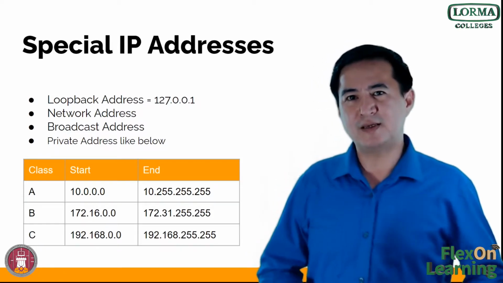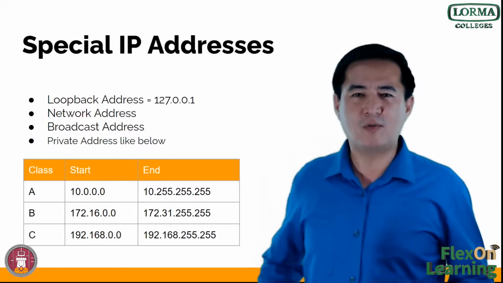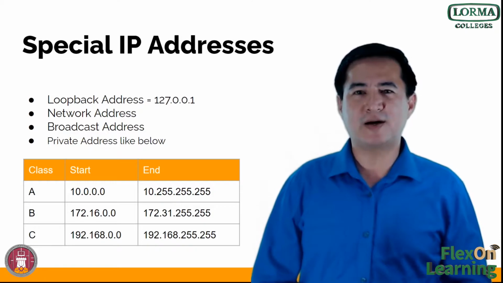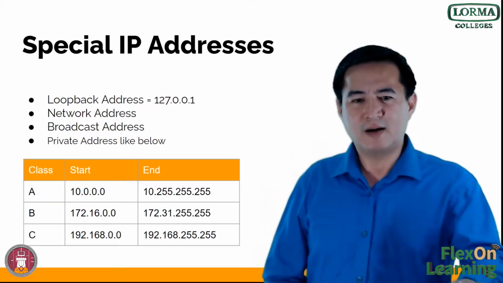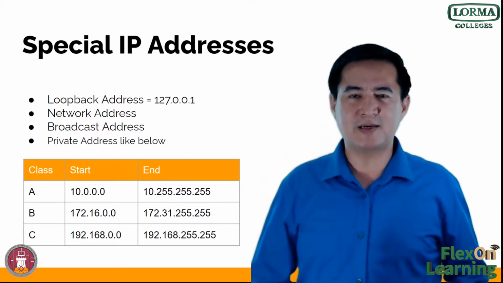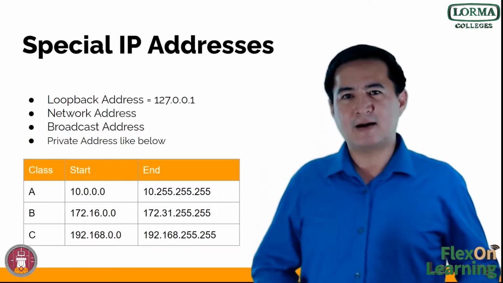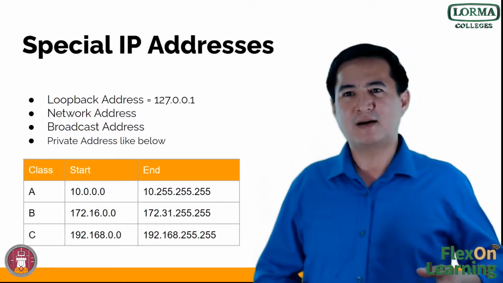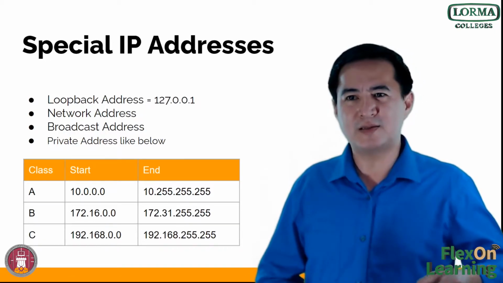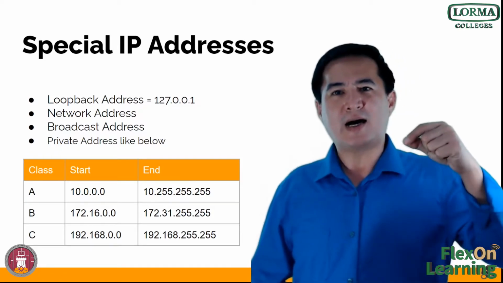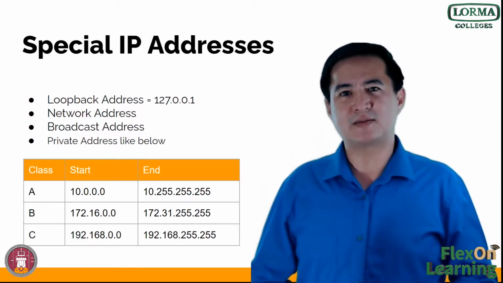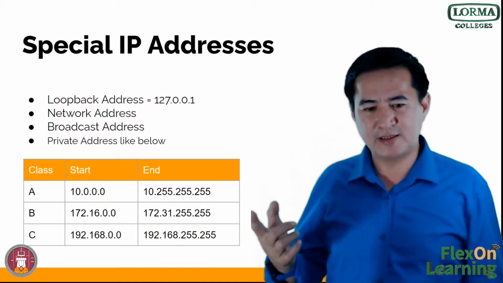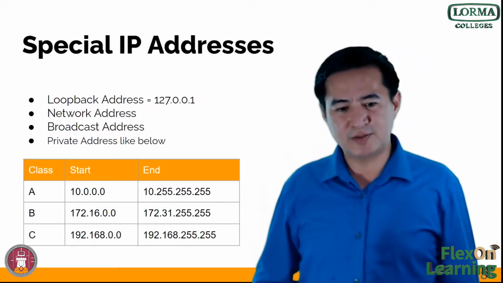So similarly, if you have a home network or home office network, the numbers that you are going to assign to your devices most probably are these numbers from classes A, B, and C. And these are not usable in the internet. Meaning you cannot have this address as a real IP address that can be used to communicate over the internet. So examples, class A, it starts with 10.0.0.0 and ends with